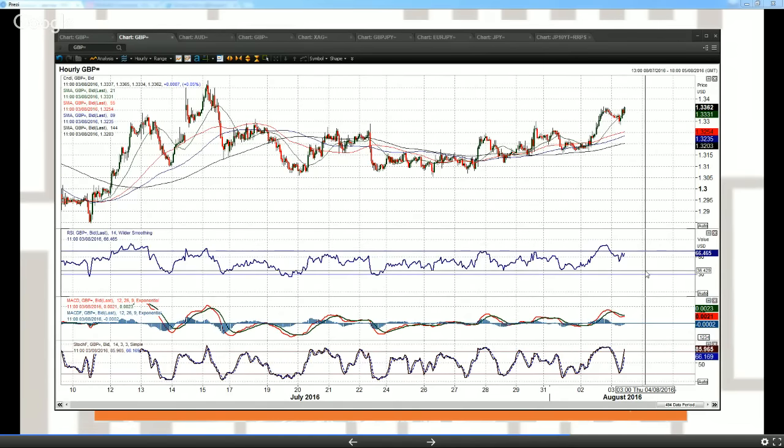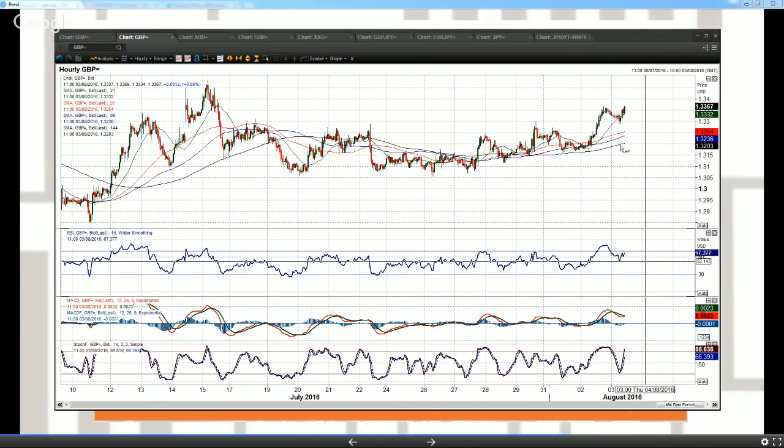The hourly RSI finding support in the sort of 40 area, high 30s towards 40. Little near term correction. I mean, we're sort of looking as though we're going to be breaking out again. 33.69. Yeah, it actually has broken out just in the last few minutes. So that would argue